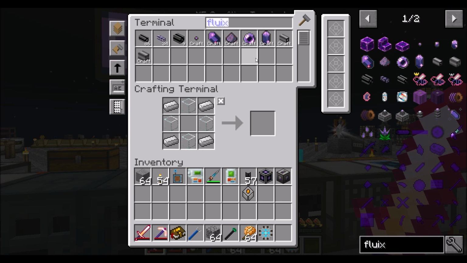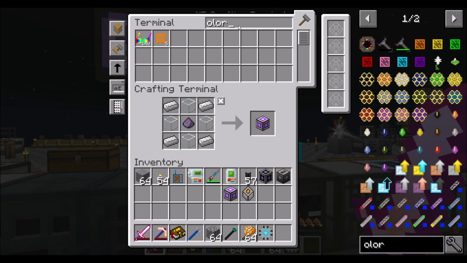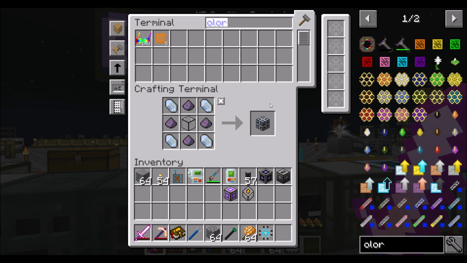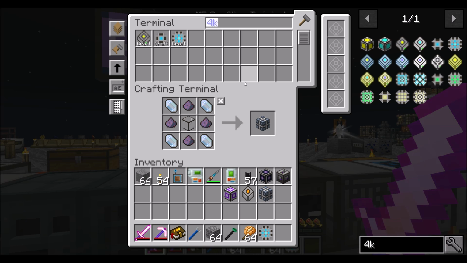Just get a bunch at a time, it all don't matter none. And then the matter condenser, we just throw junk into, right? And we get matter balls out of it, right? But while we're at it, let's get the color applicator. So that just needs a 4K and an energy cell. So you...